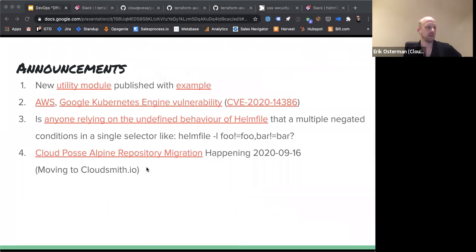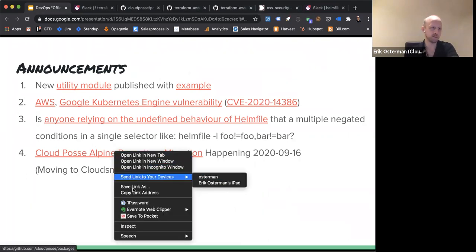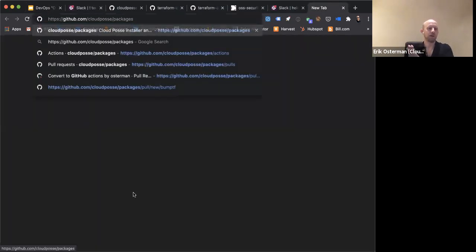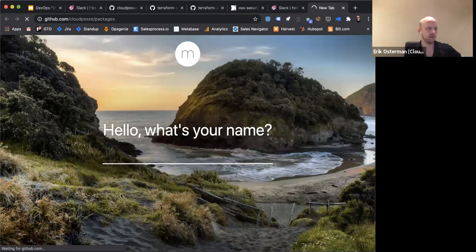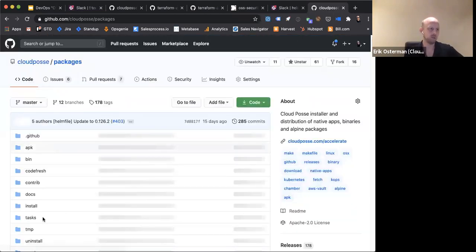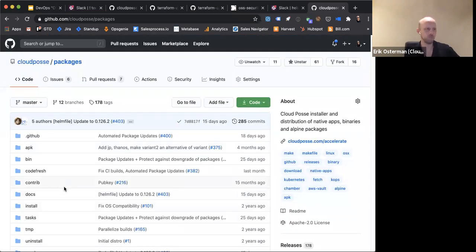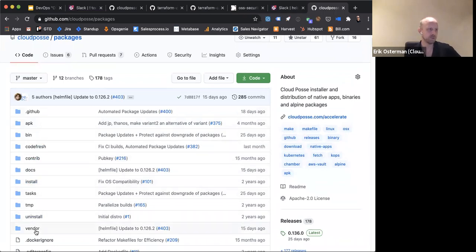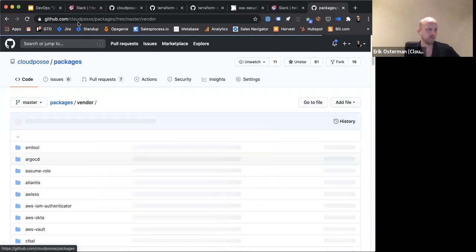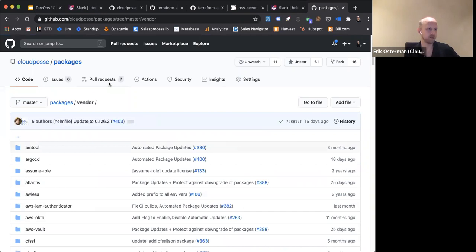All right, and last announcement that I have from the Cloud Posse side is that we plan to be switching over our Alpine repositories to Cloudsmith. So Cloud Posse depends on a pretty big tool chain of small utilities, all open source. You can see what those are in the Cloud Posse packages repository, and here's some of those tools.